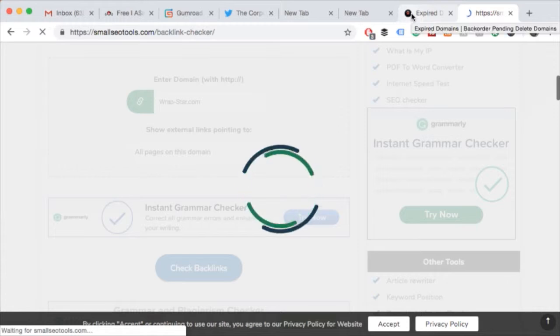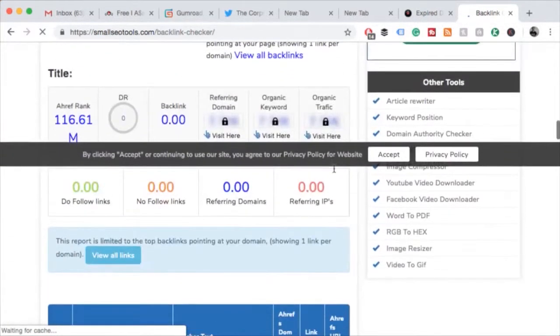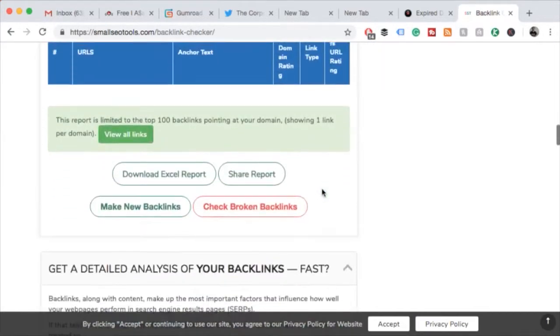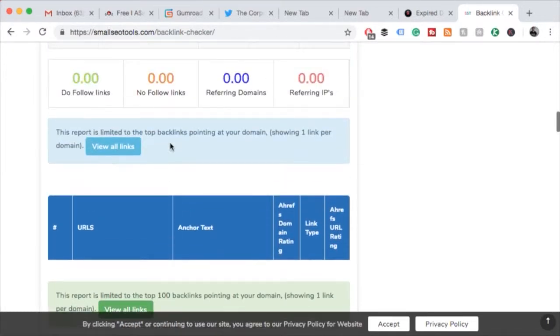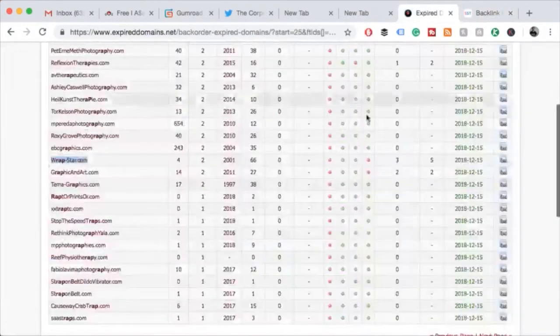Just giving you an idea of how to find an old domain. Let's see if there are any. It doesn't give me any links. Doesn't give me any links at all. So it seems to be clean.